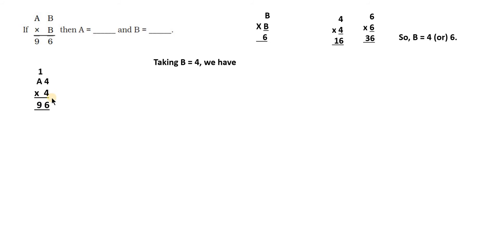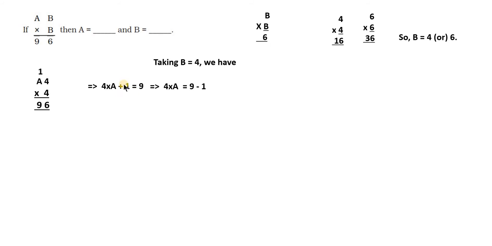now if you see this, you will have to now perform A into 4, 4 4 jar 16 carry 1. You will have to multiply A and 4, and then to the product you will have to add 1, and it should be equal to 9. So making that A into 4 plus 1, 4A plus 1. 4A whatever you get, 4A is the product, since you do not know A, plus the remainder 1 should be equal to 9. So this is what it is.